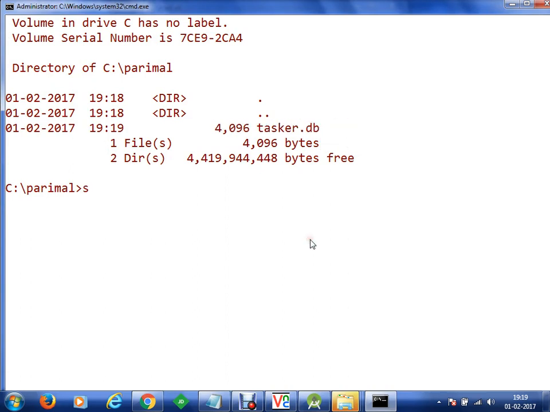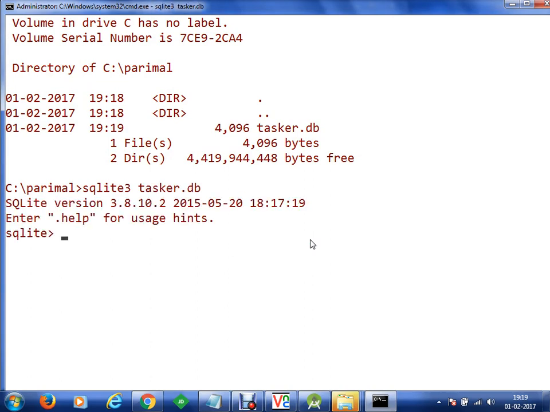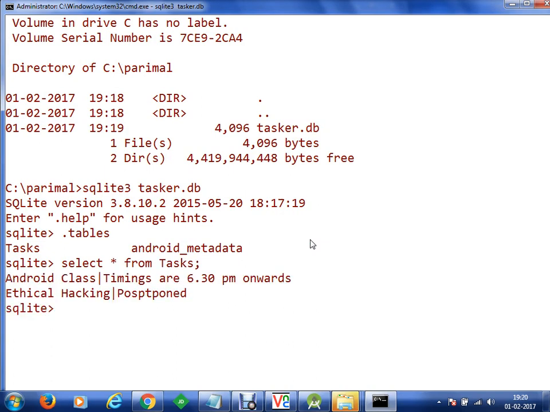Now on our computer, we can use a program known as SQLite 3, and we can open this tasker.db. Clear? If we execute .tables here, you can see that we have got a tasks table. Now if we do select star from tasks, you can see that the values stored in your database are displayed here.